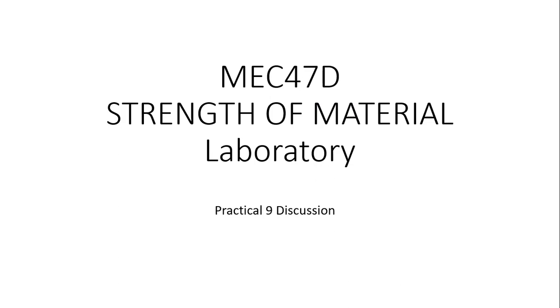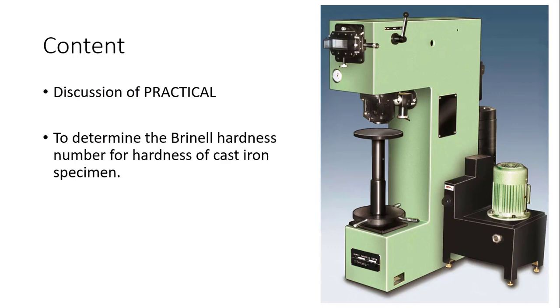In this practical we are going to discuss how we can measure the hardness of a product or a material. We have two types of material available, whether it is a ductile material or a brittle material. Ductile material has strength and toughness, but brittle materials are hard materials. And how can we measure the hardness of that material? For that we have different types of scales, like the Vickers test, the Brinell test, the Rockwell test.